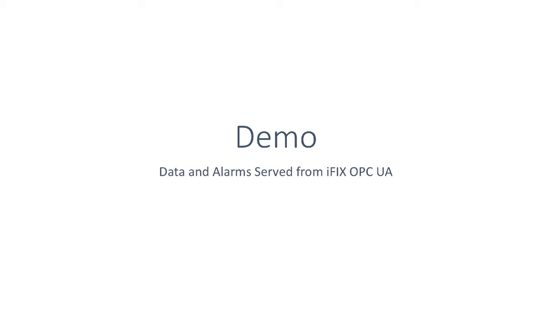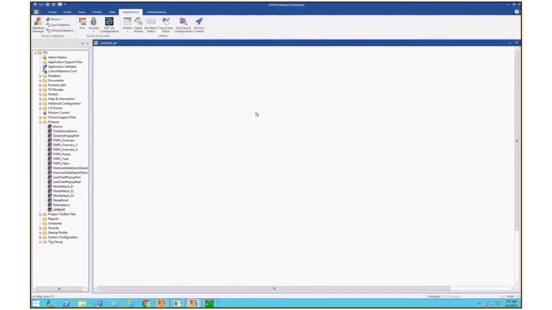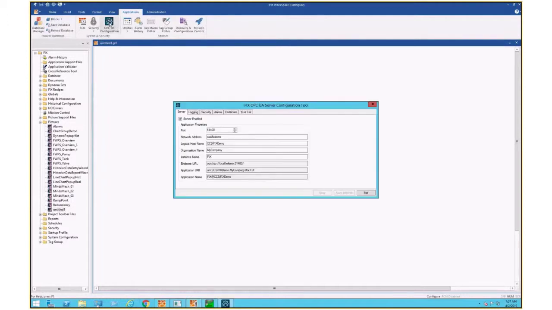And so here we have the iFix workspace. In the iFix workspace, we've added to the Applications tab an OPC UA configuration icon. And that opens up your configuration of the server. As I mentioned, when you first start iFix, this won't be enabled, so you'll want to enable that. So that enables so that when you restart iFix, it will start up the OPC UA server and start serving